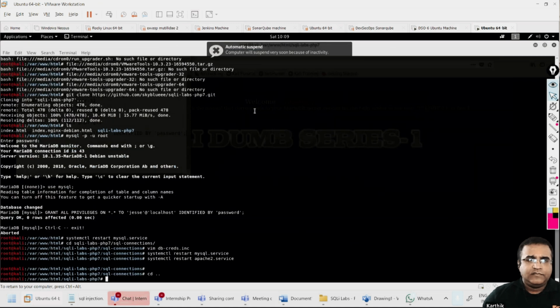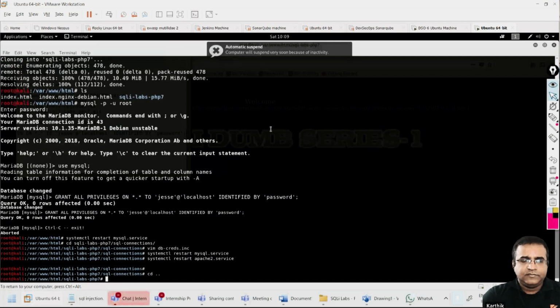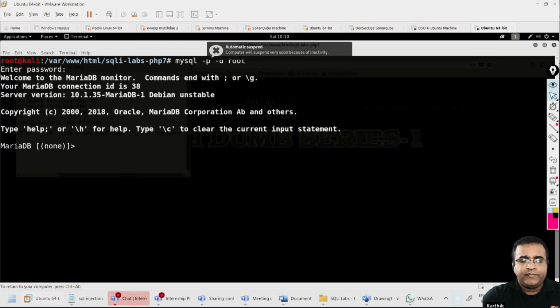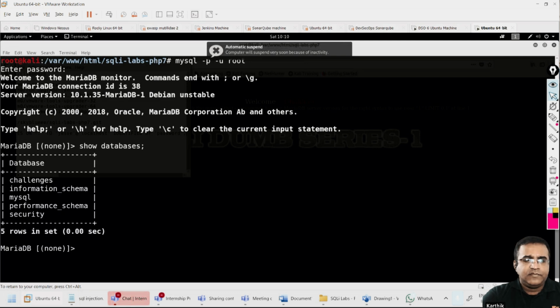For this attack vector, we are using a very particular database called security.